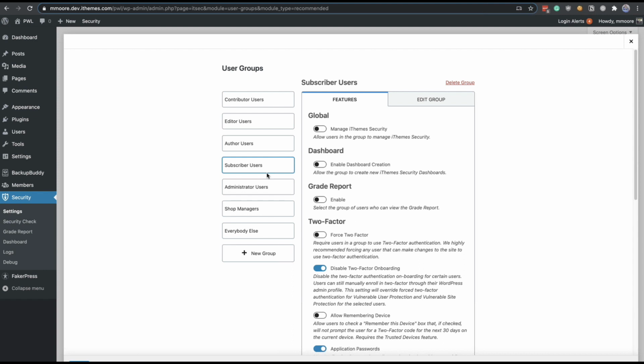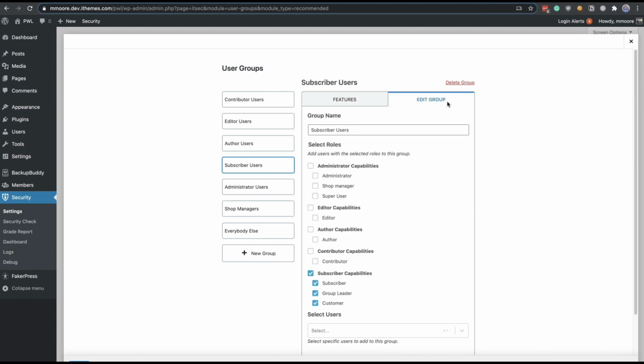So what do we do in that case? What I did for my client on this site, I created a new custom user role using MemberPress. I'm not going to walk through how to do that. It's pretty straightforward, but you can do that on your own time. But let's talk about how we're going to do that with the user group settings. So what I did is I created the super user